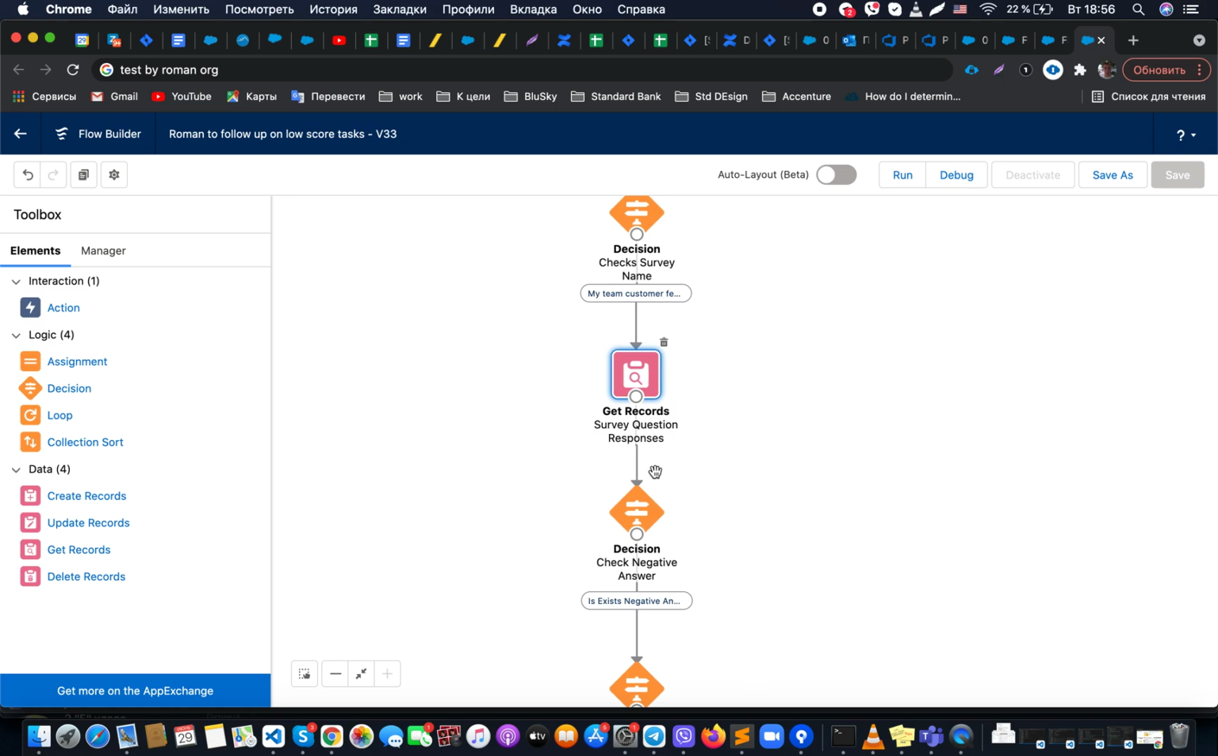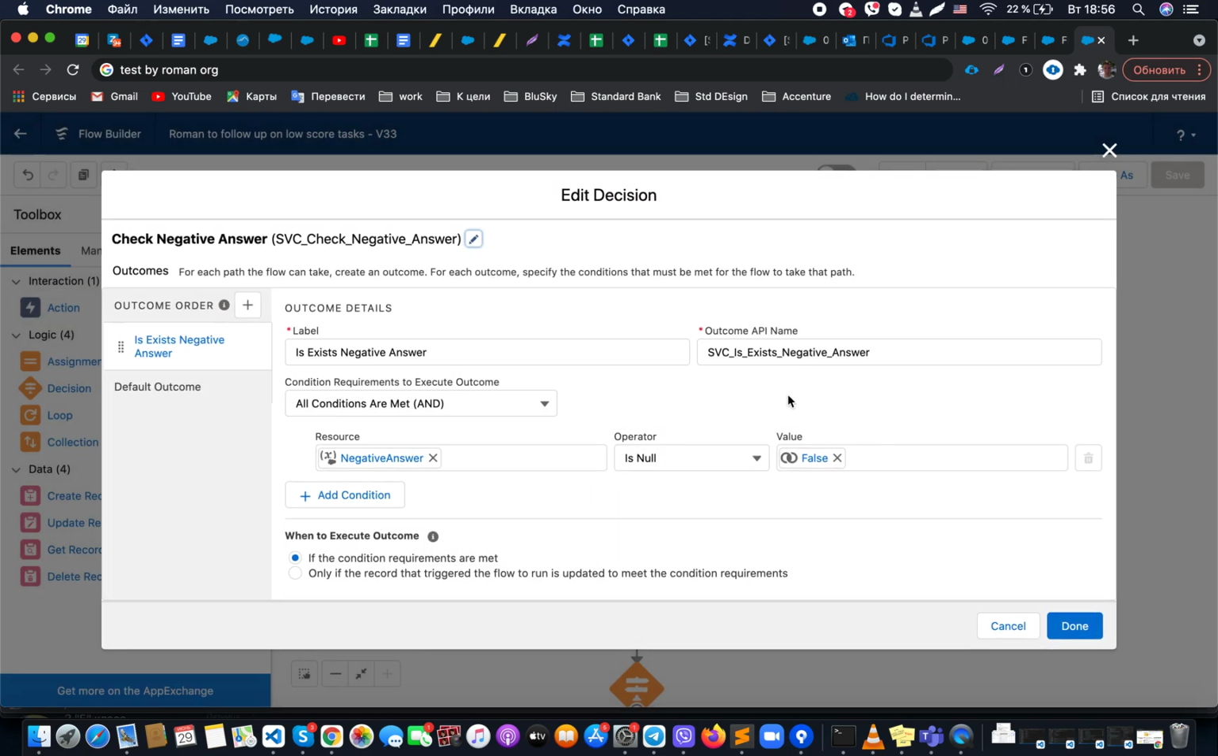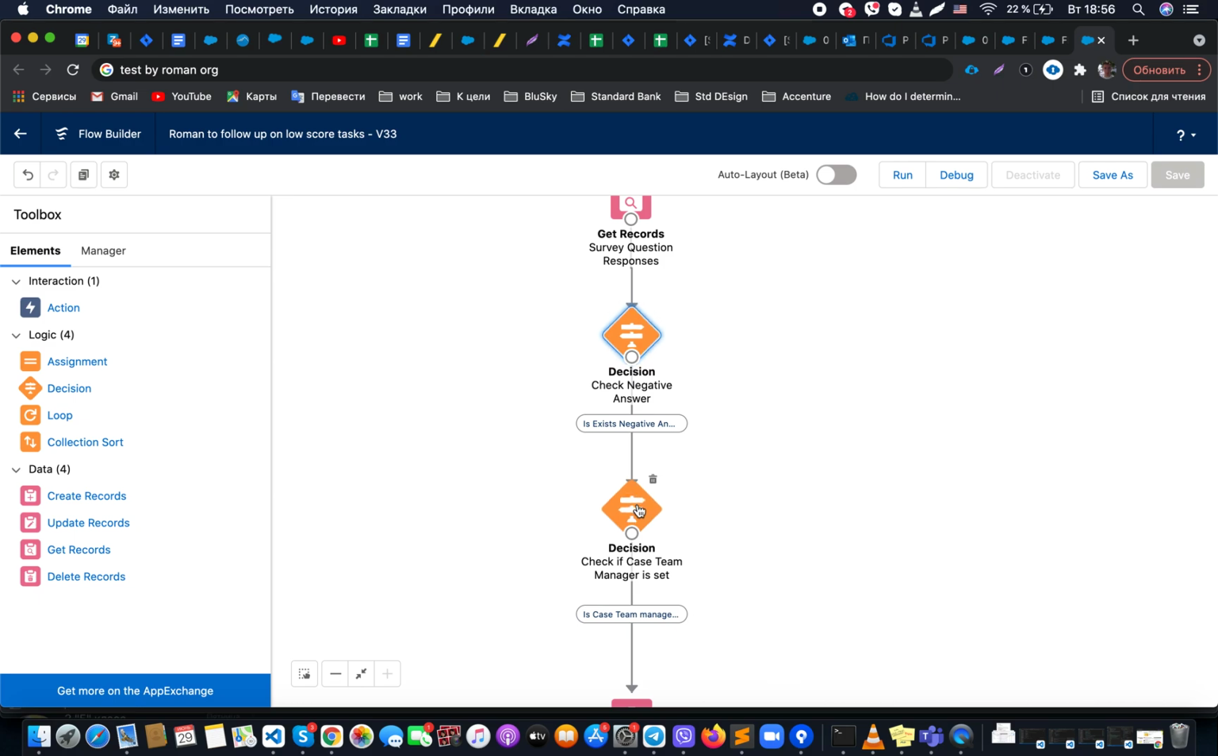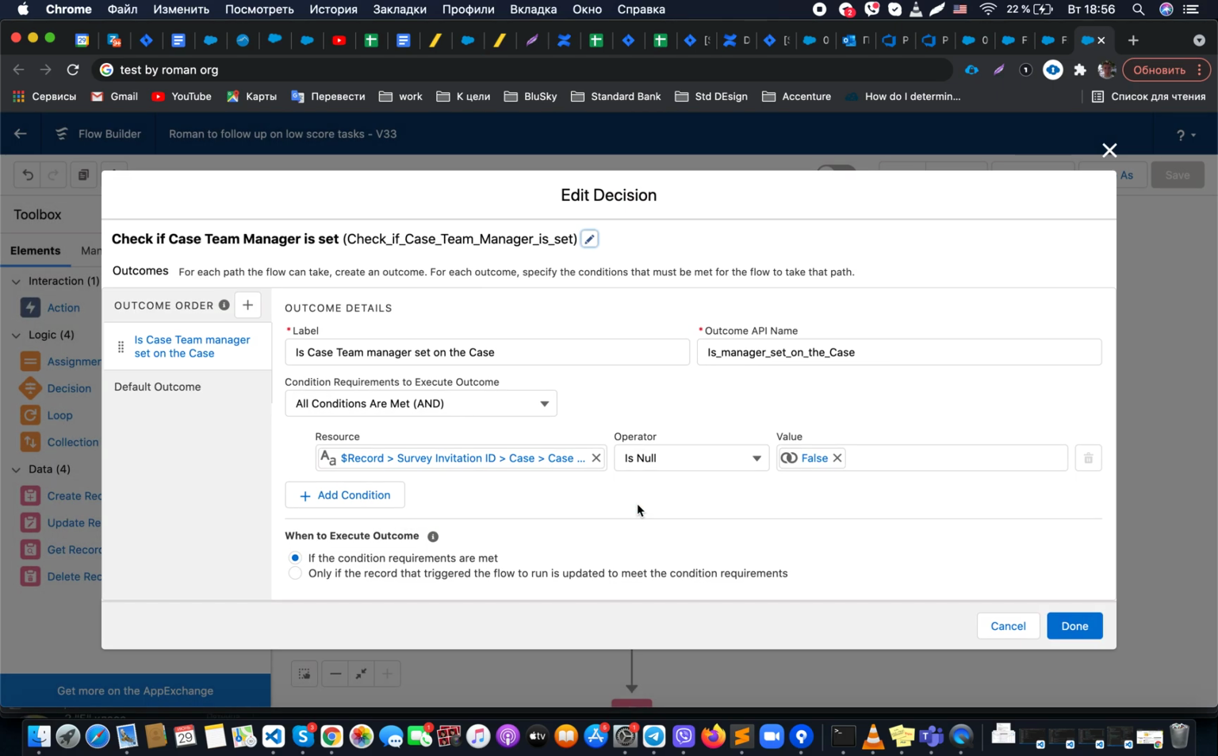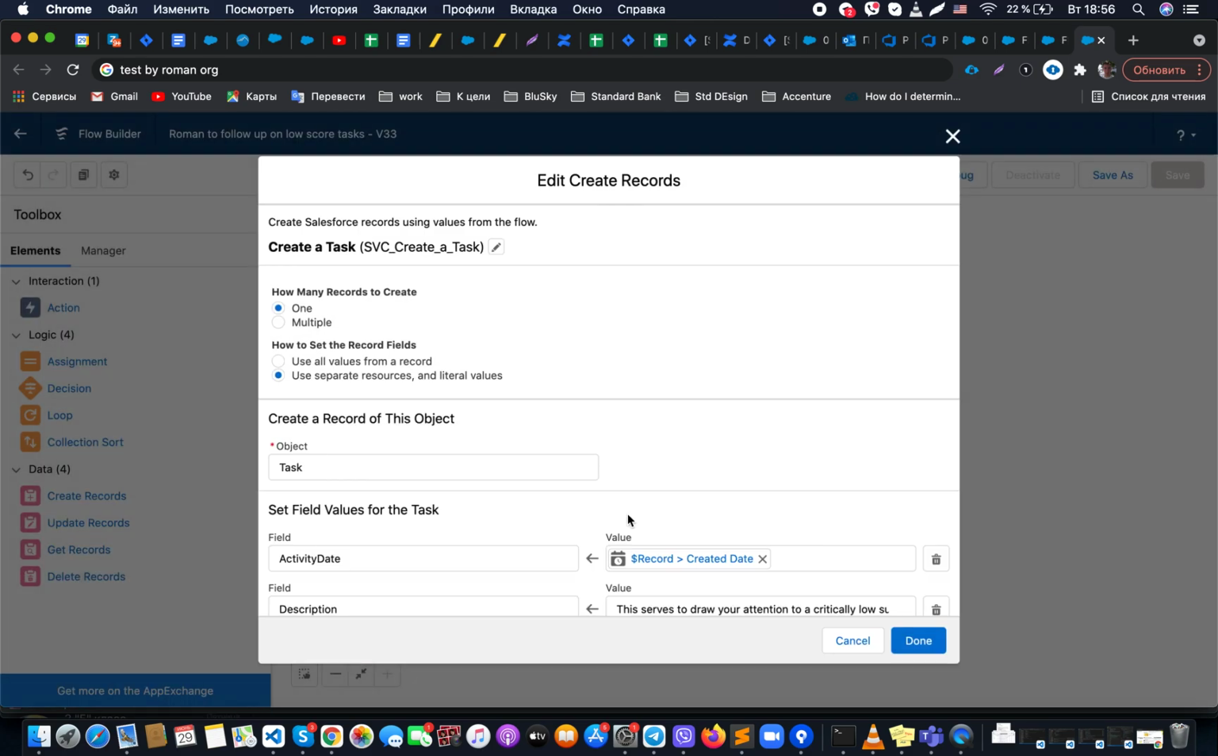Once it's done, we have another decision, checking whether it happened or not, and whether we have this negative answer set or not. If so, we could perform another check for null value. In our case, we decided to escalate by creating a task that will be assigned to the case team manager. To make sure it's not null, and that we will not try to create a task on a null field, we perform this check: where our case manager is null equal to false, and only in that case are we performing the actual record task